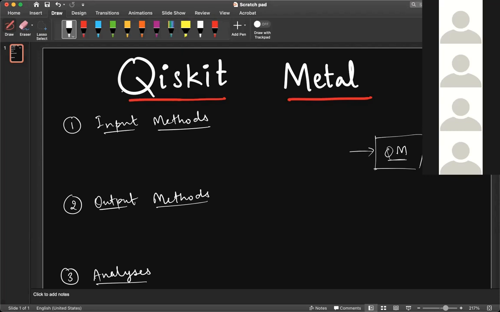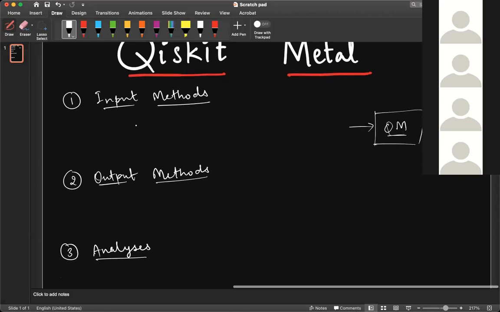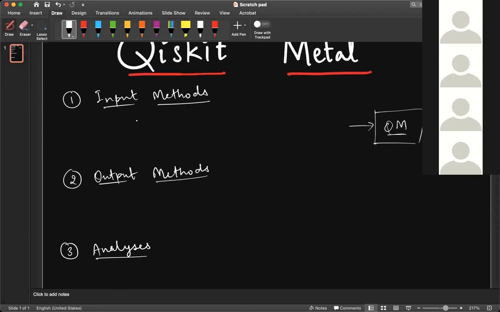For this particular thing, the inputs that we provide to this software come in three flavors. The first one is simple Python code. It has a really good connection with the Python libraries.